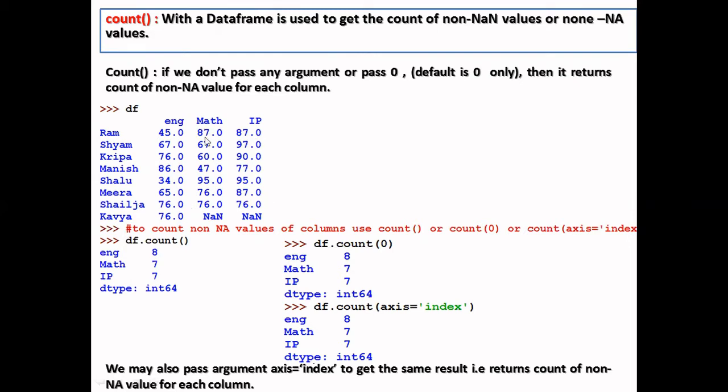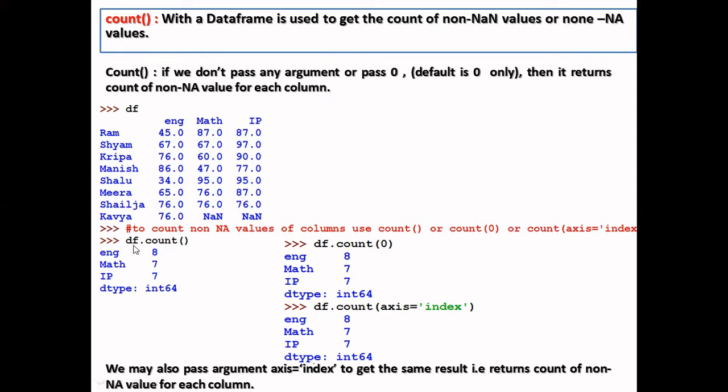Clear? So for count we can use it in 2 ways. First is the simple count function. If you write only count, it will return the count of non-NaN values for each column. It will show you how many non-NaN values are in each column.